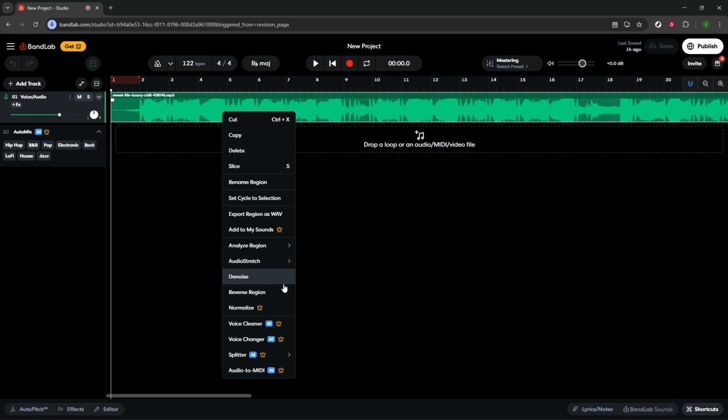And that's the process. You've successfully used BandLab's splitter to isolate vocals and remove them from your mix. From here, continue arranging and mixing the remaining stems just like any other session, and you're ready to move forward with your